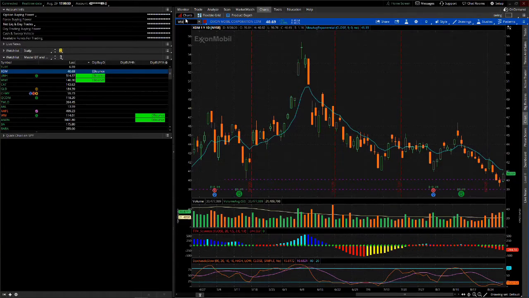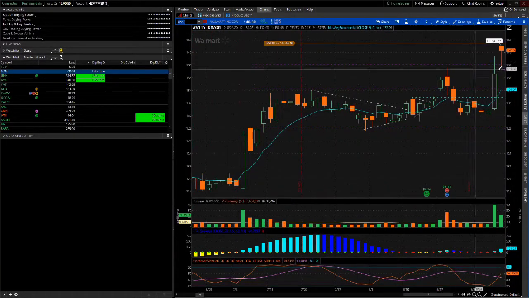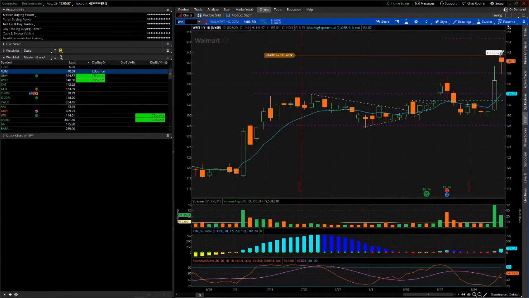So if you look at Walmart on the daily, the reason why this is showing up as bounce is because it took a major dip intraday and now it's coming back. So that's why it shows either setups like this or it shows longer period bounces. Now we'll look at